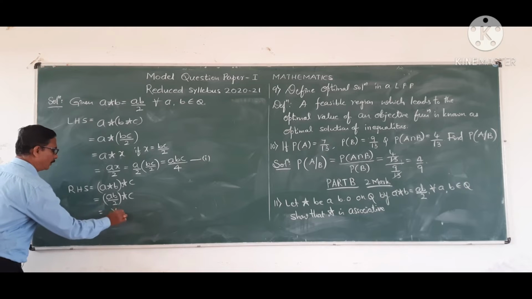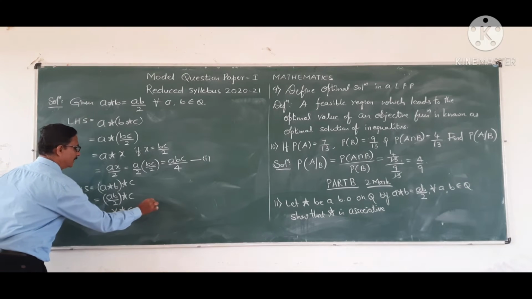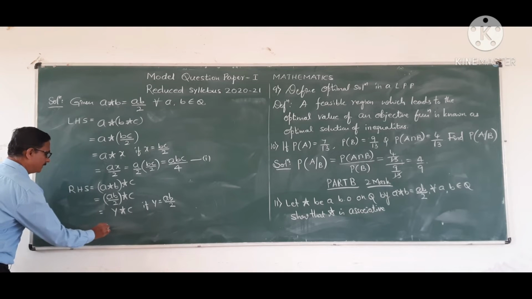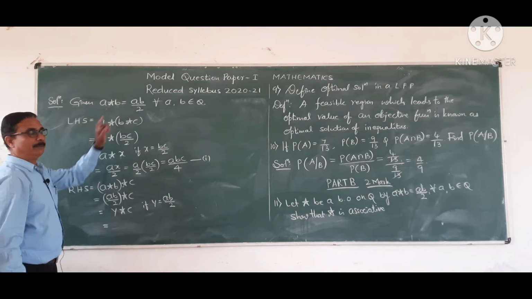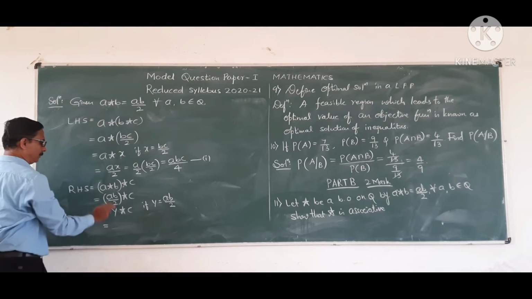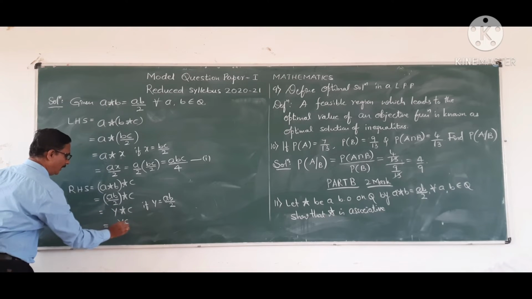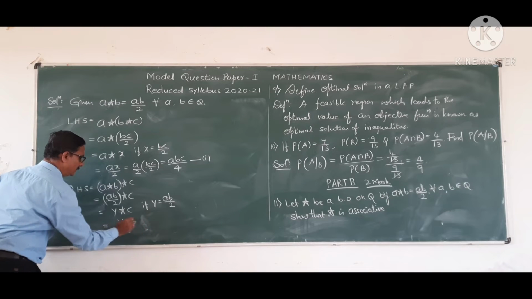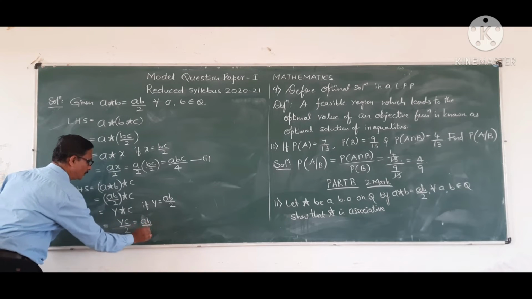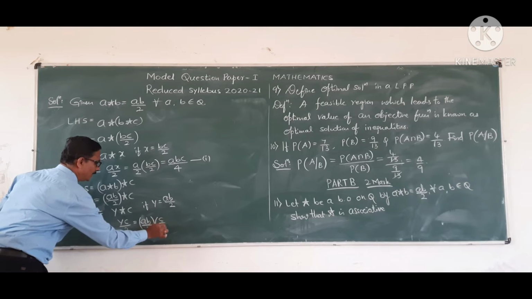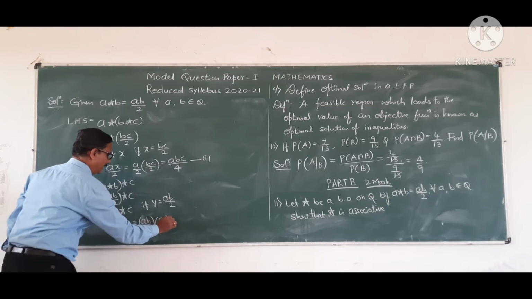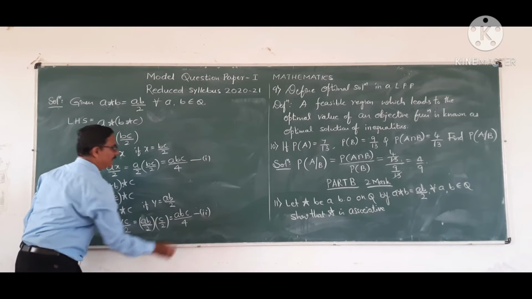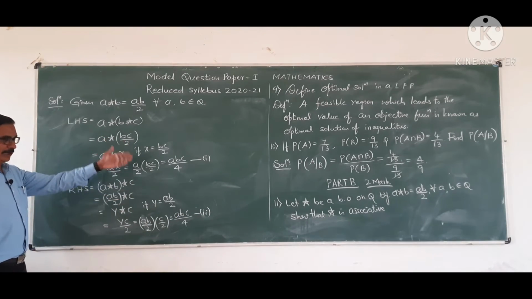Now put AB upon 2 is equal to Y star C, where Y is equal to AB upon 2. Since A star B is equal to AB upon 2, instead of A and B, what is Y star C? Y star C by 2, that is Y by 2. The value of Y is AB upon 2, into C upon 2, that equals ABC divided by 2, 2 twos are 4. Equation 2. Observe it. Are they the same?